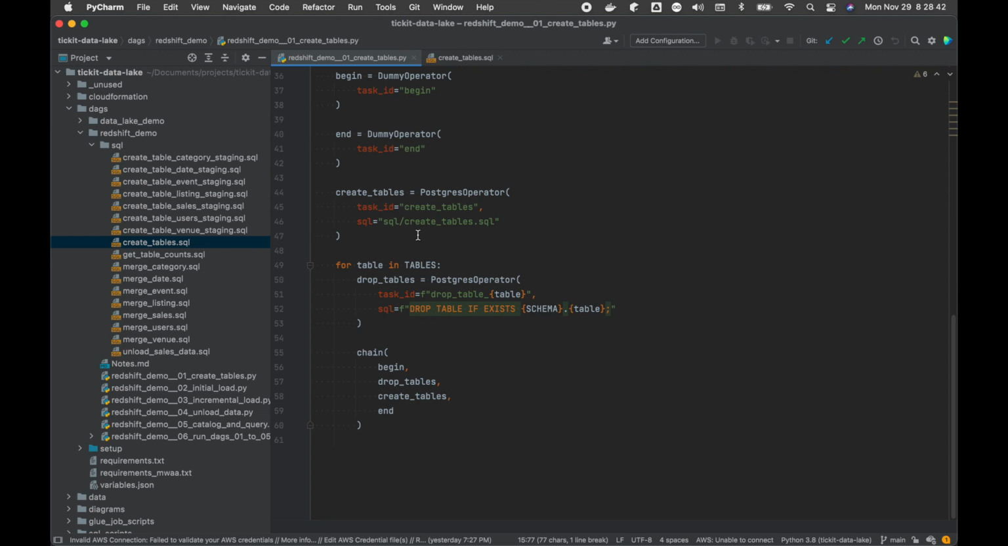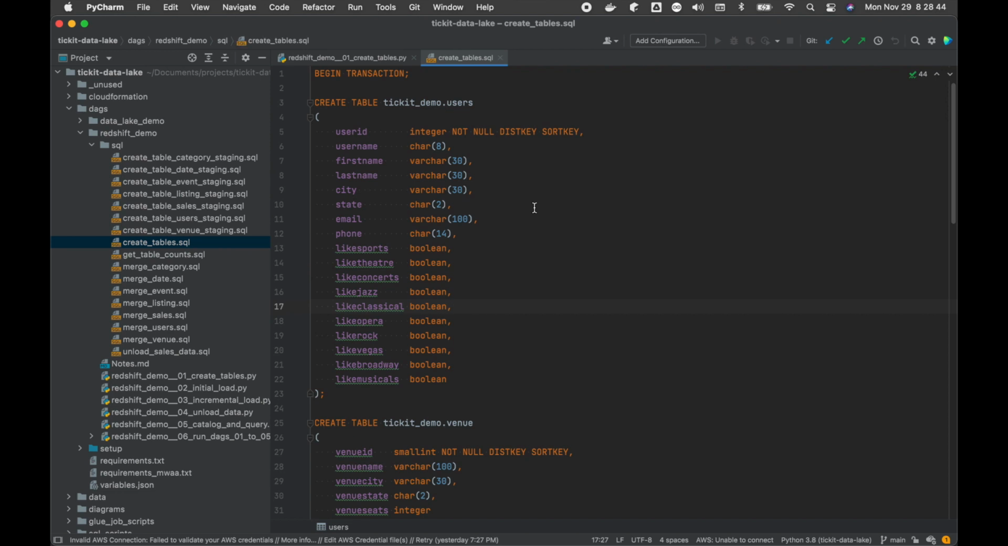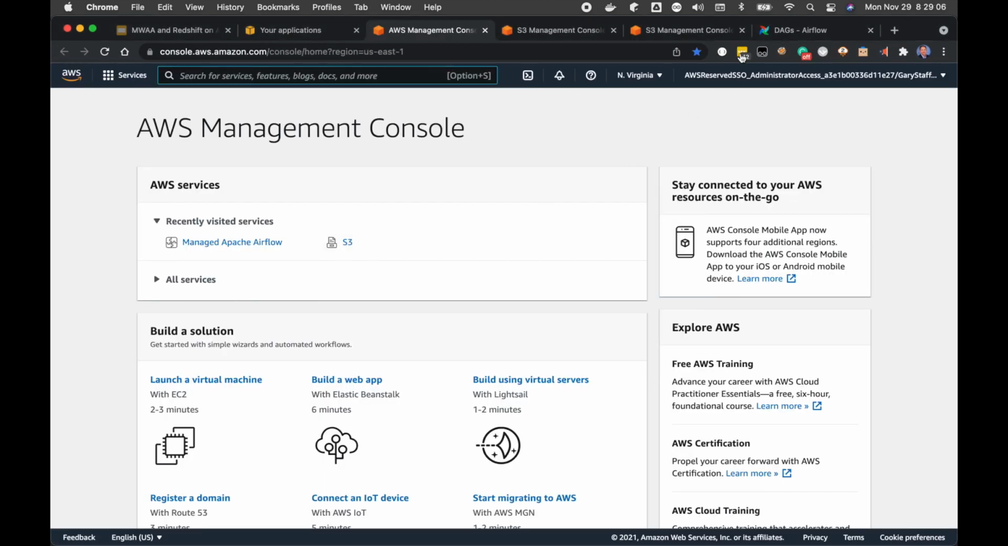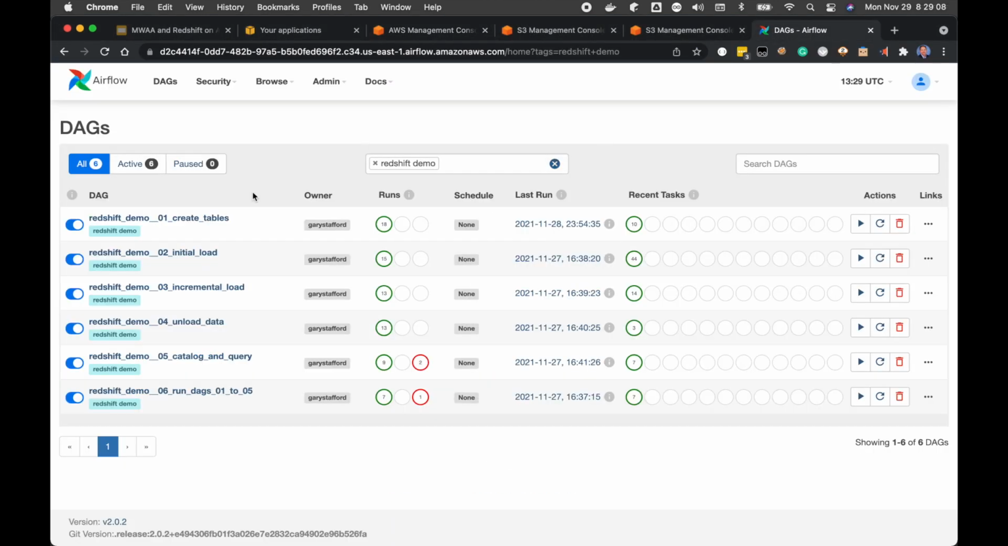And within that subdirectory, I have the create tables SQL file. That will be called by this DAG. We'll generate 7 tasks. We'll run those in parallel to make sure that we've deleted any existing tables if they exist, and then we'll run the single SQL file. So let's switch over to the Airflow UI and we'll get started by getting the first DAG running in our